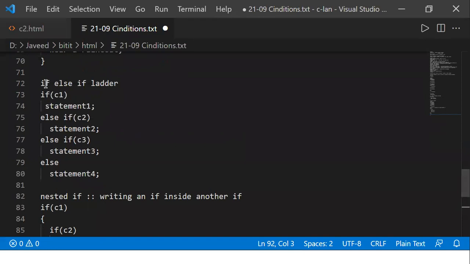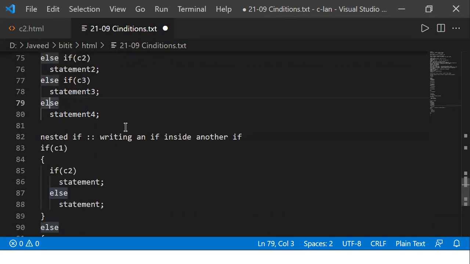The above one, if else if else if else if, this is called the if else ladder, we call it. The if else if ladder, that is we are going to form a chain-like thing. A better word than chain is a ladder-like thing. So connectivity is going to be there between this and this, like that.